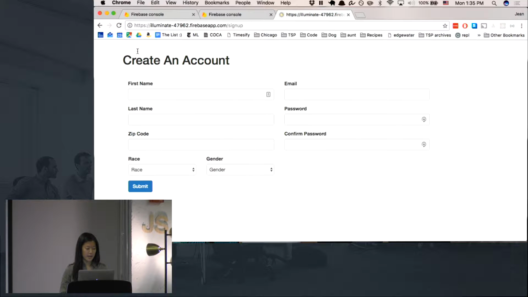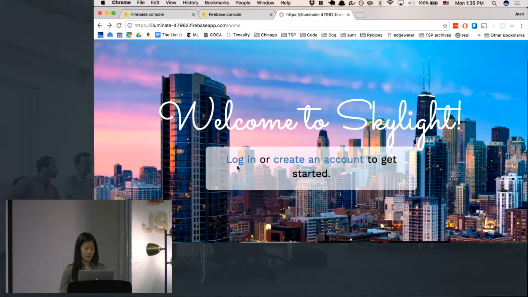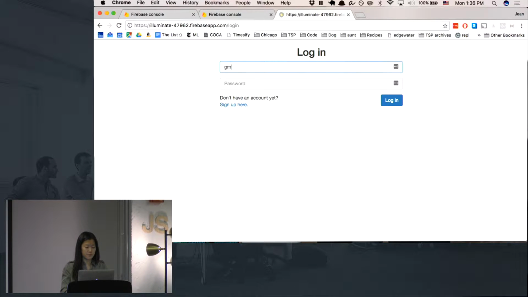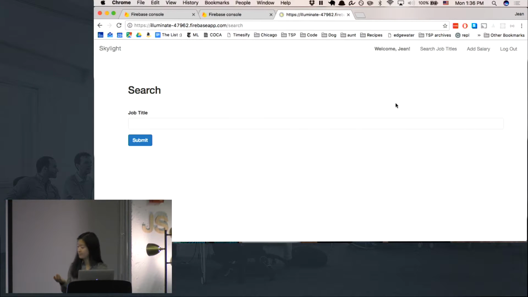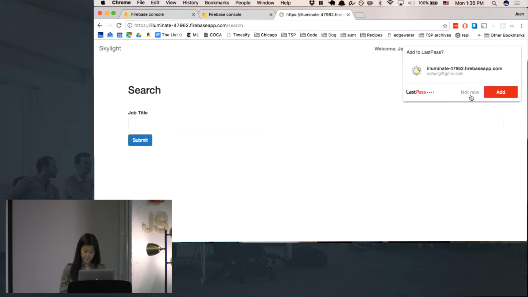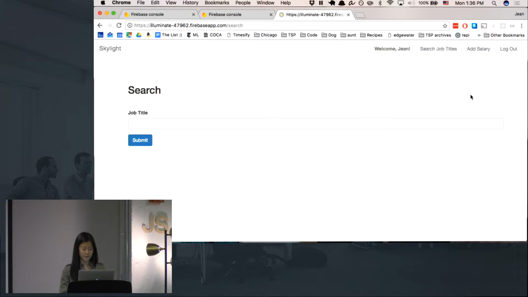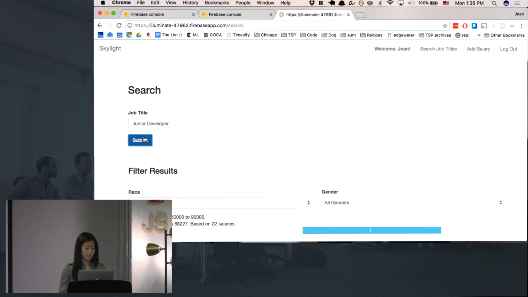as your name. And then I'll just log in as myself. The first time you log in after creating an account, it'll direct you to the page where you can add a salary. But since I've logged in before and inputted various salaries, it just takes me to the page to search for jobs. So if I put in junior developer, for instance,